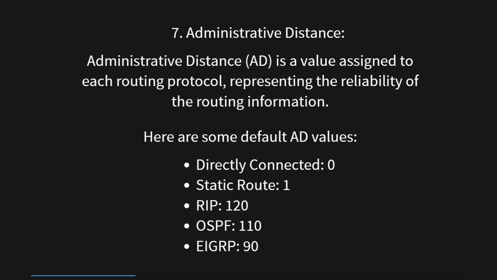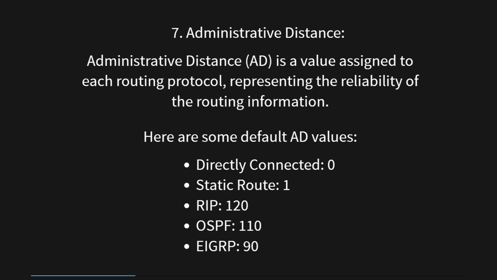For instance, directly connected routes have an AD of 0, making them the most trustworthy. Static routes have an AD of 1, indicating their preference over routes learned from dynamic routing protocols. In the context of some common dynamic routing protocols, RIP has an AD of 120, OSPF has an AD of 110, and EIGRP has an AD of 90. By utilizing administrative distances, routers can effectively prioritize routes and build a routing table that ensures optimal path selection and